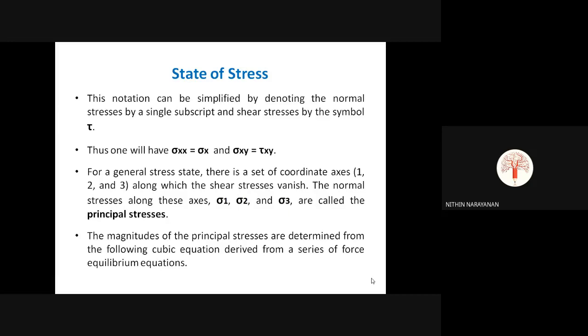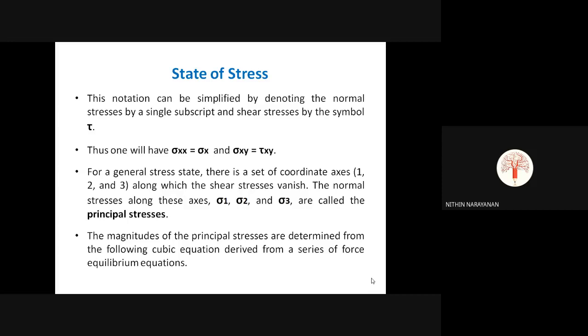Similarly, there are also certain stresses called principal stresses. After the transformation of the initial stress condition, we get another plane of stress called the principal stresses. You have learned all these things in your mechanics of solids. For example, for a 3D case, there will be three principal stresses, sigma 1, sigma 2, sigma 3, represented by the axes 1, 2, 3. Initially, in our initial loading condition, the stresses were sigma x, sigma y, sigma z. Once after the transformation, the new stresses are called the principal stresses.